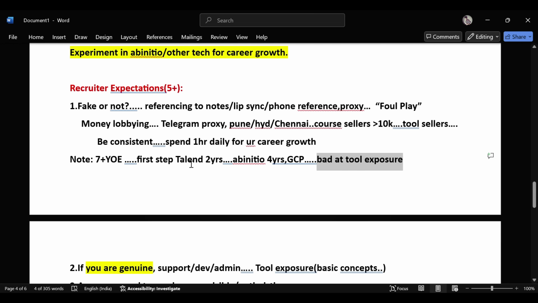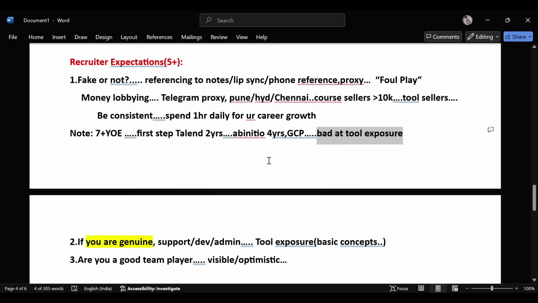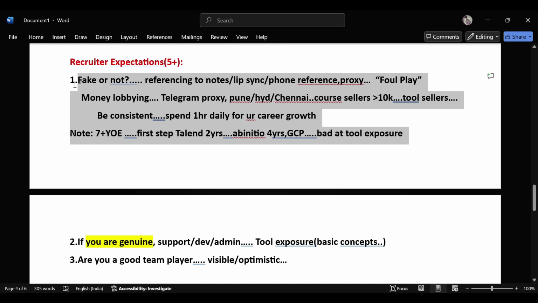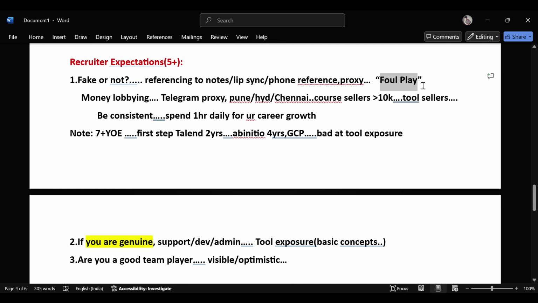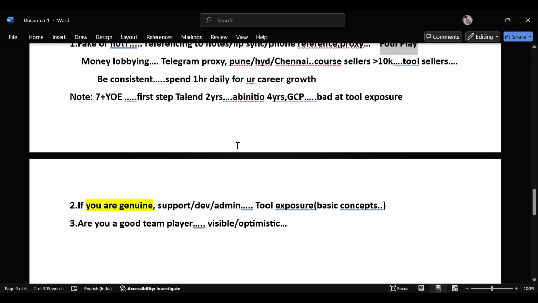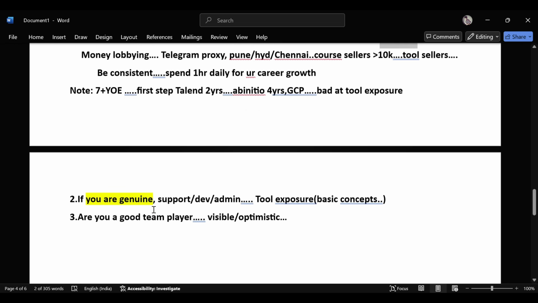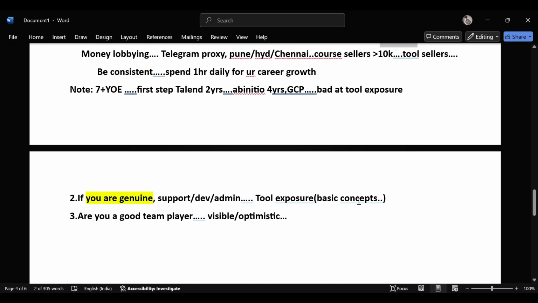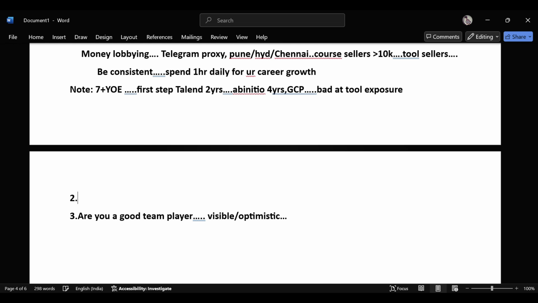If you are a senior, you should have real tool exposure, and then some additional concepts. So the first point checks for everything, because it includes foul play. We are finding 8 plus and 9 plus doing that foul play. So the first point is the same for everyone. And the second point is that for senior developers, we check complex concepts related to data warehouse, such as CDC type, and then project activities.